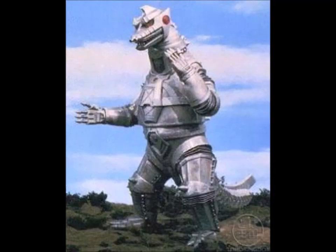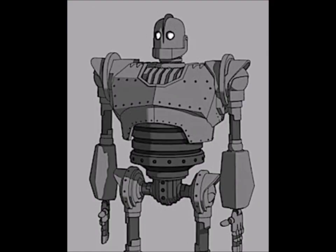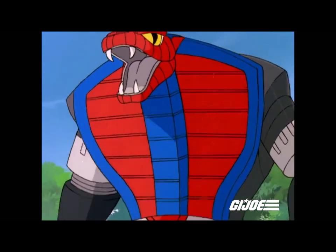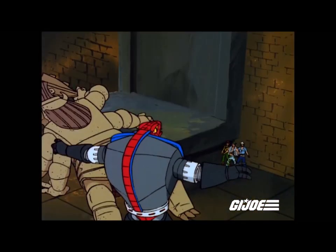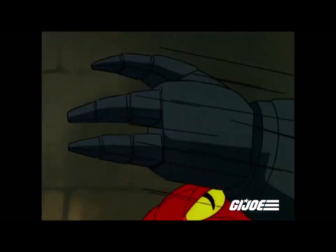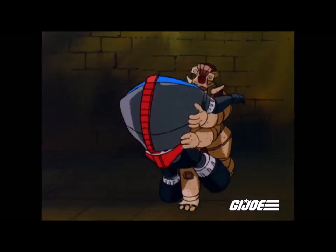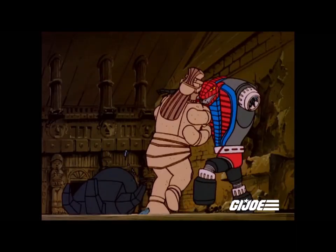Number 5. Giant Robots. Do giant robots even count as monsters? Well, I suppose it depends on the robot. Mechagodzilla? Monster. The Iron Giant? Not so much. In this case, we're talking about a few of Cobra's giant robots, who I'd say qualify. From the cartoon to the comics, several of them deserve to get toys. Even though I have to admit they were more cool looking than scary. But if you want to talk scary looking...